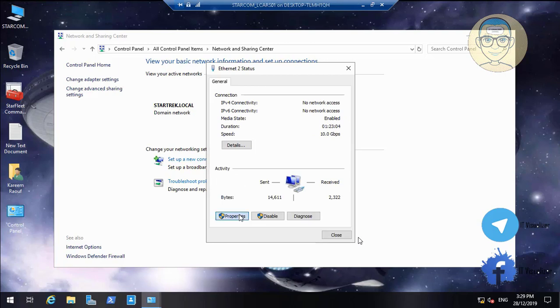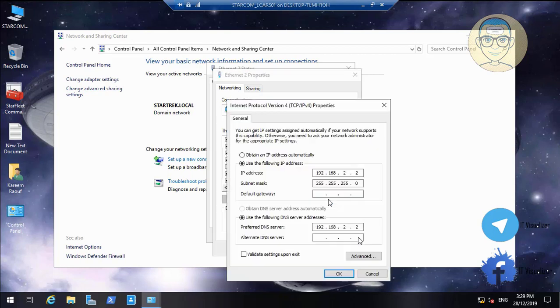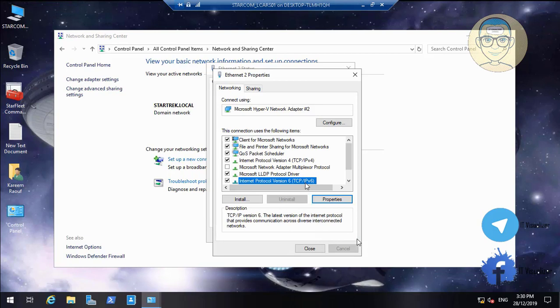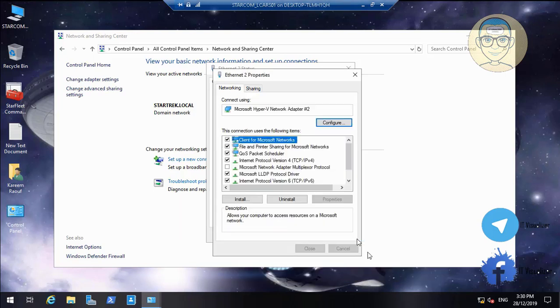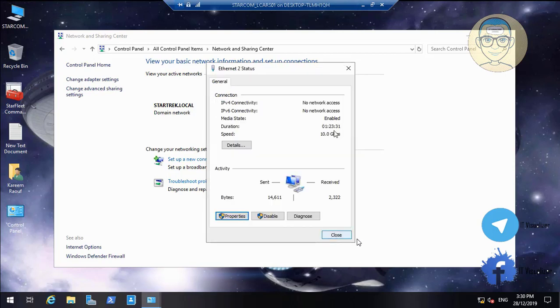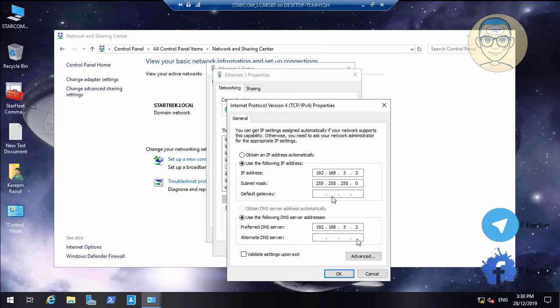Okay, properties, and then we will add the TCP IP version 4. Okay, and this 192.168.2.3, this is the IP of the second domain controller, which is acting as the secondary DNS as well. Okay, and we add also the secondary DNS of the IP version 6. So we'll do this now. Okay, 3, and then okay, and then close. We'll do this for all of the network cards, properties, and then TCP IP, and then you will add